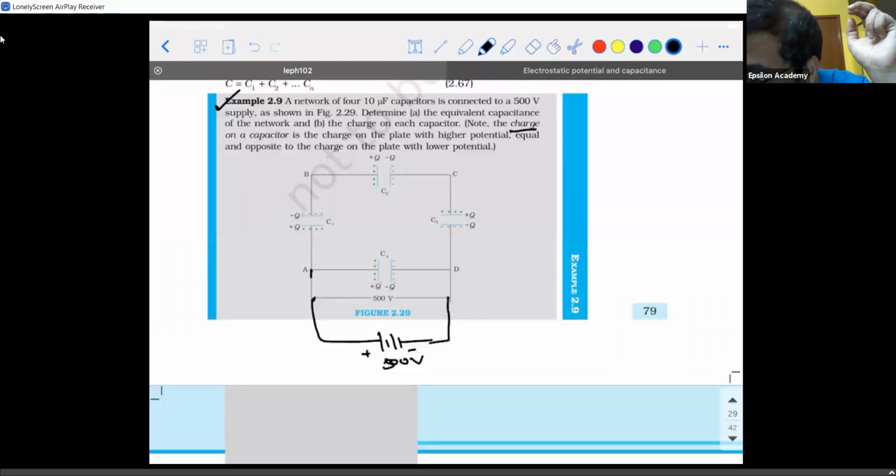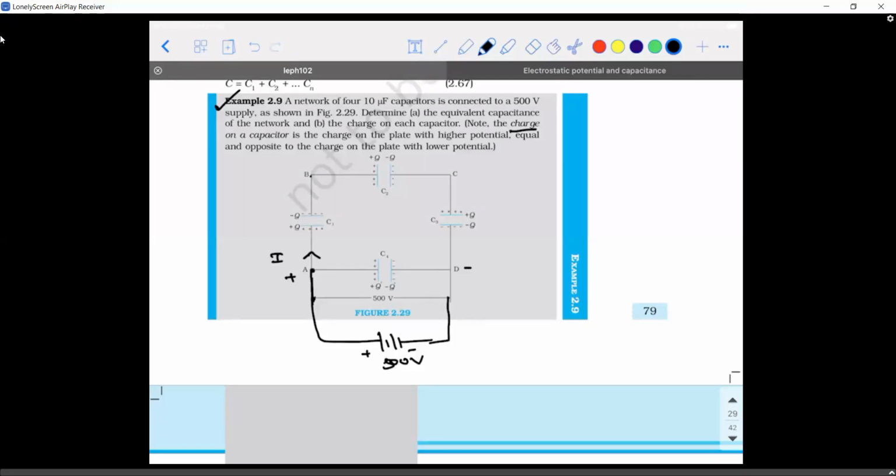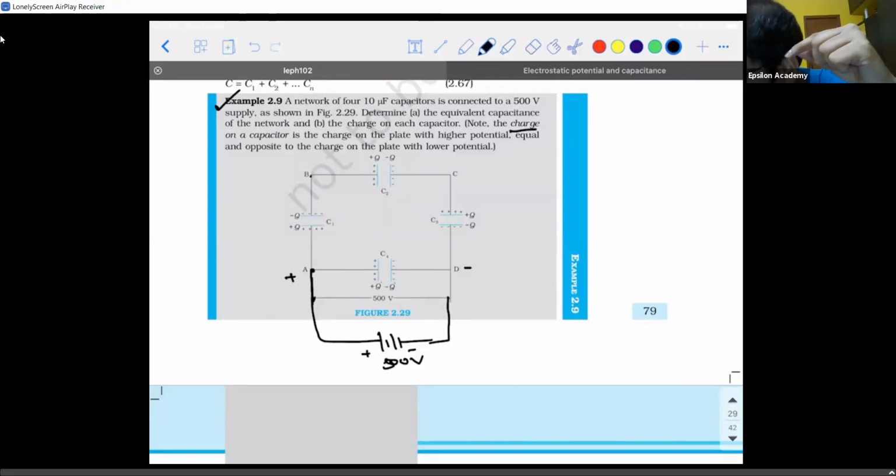So if I take the current here, this is at the positive terminal, this is at the negative terminal. If I take the current is going to point B, the current is going to point B. At point B, what is happening? Is there any division of current taking place? No. Okay, I'll make it even more simple. Try to understand. Let's say the total current supplied by the battery is I.